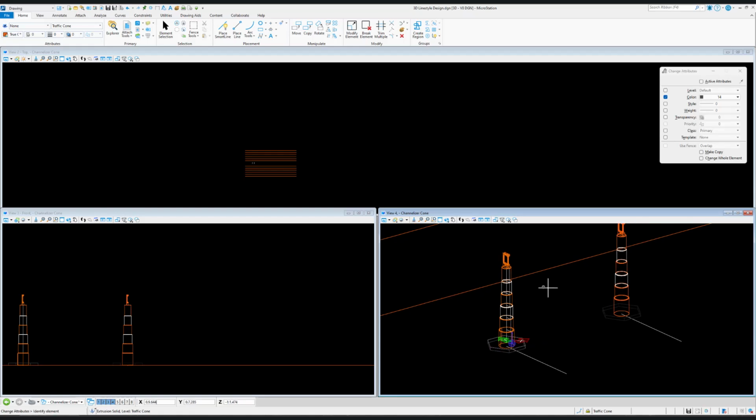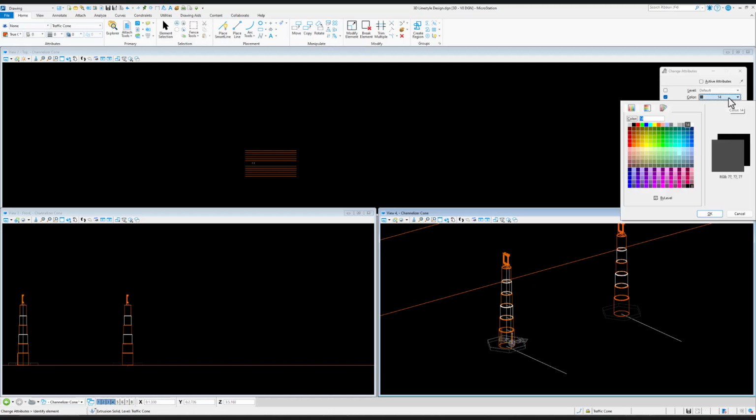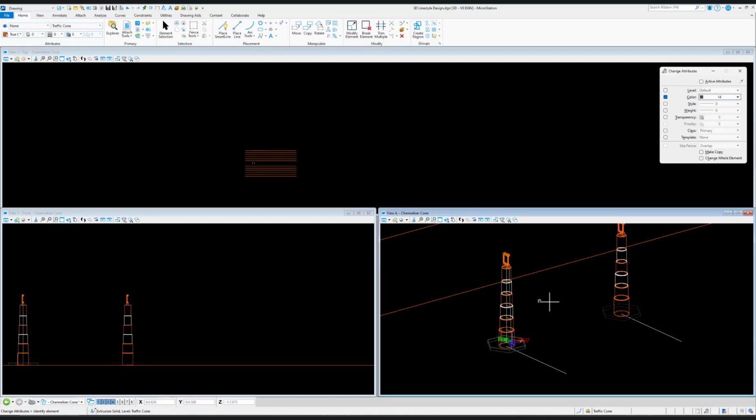Now you can see that they're not quite the same. If you wanted to pick a different orange or a darker black, the problem is if you get it to 000, it's going to show up as a background. And so that's why I just picked the darkest gray that was available in this color table. So once you've got this the way you want it, then we're going to repeat our process again for updating